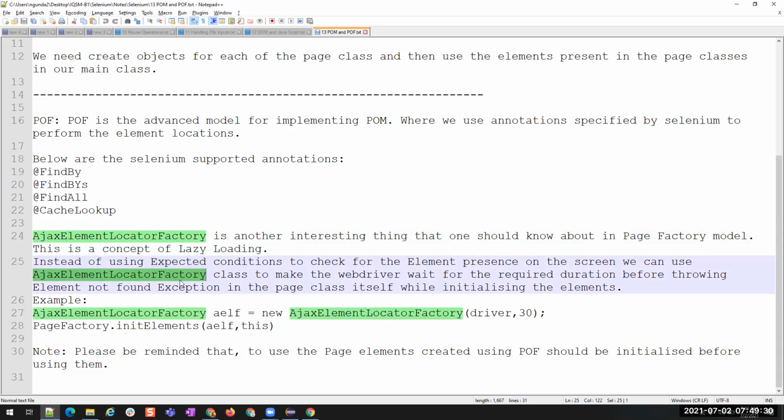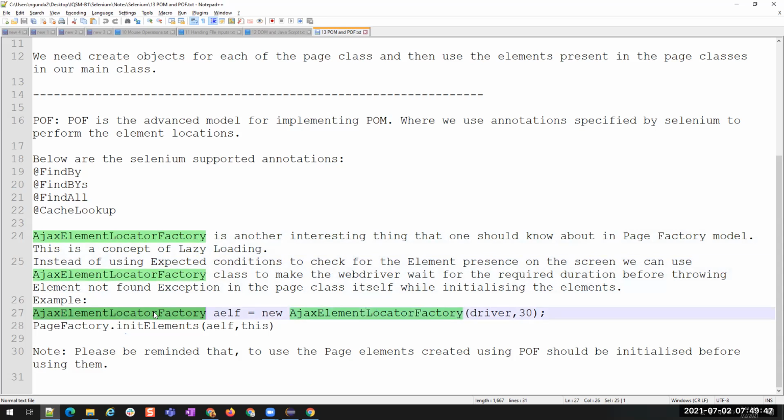Instead of throwing the exception, this is a kind of implicit wait which can be applied only on the page factory model. If you are using the page factory model, this will be useful.